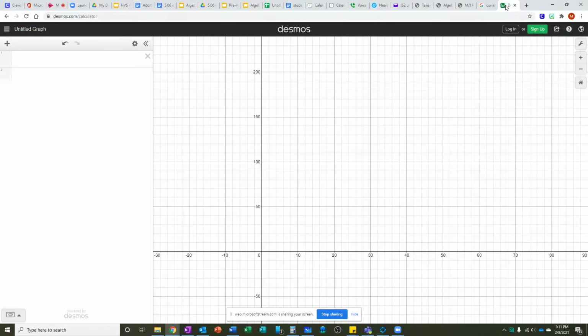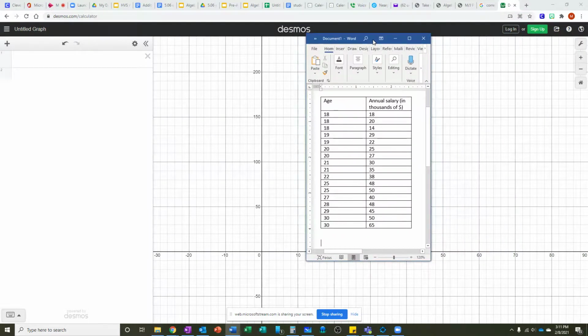All right, so this is going to walk you through taking data and putting it into Desmos. If you look up here, you'll see that the website is desmos.com, or you can put in www. The calculator feature, you can just get there straight from the homepage. It just says go to graphing calculator. So what you're going to want to do is, once you have your data, so I have some sample data here,